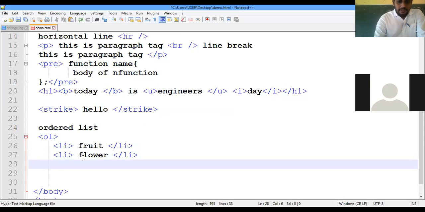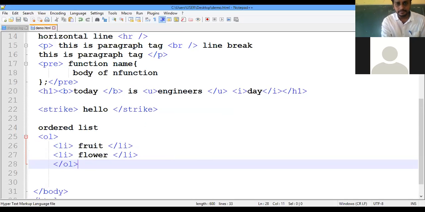Then I will close the OL tag. So I will save my file and I will run it.